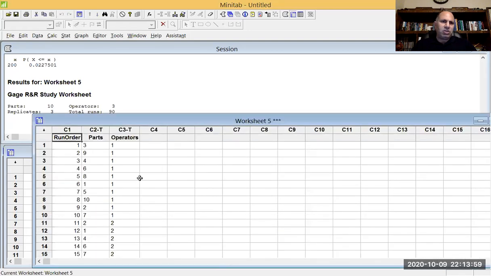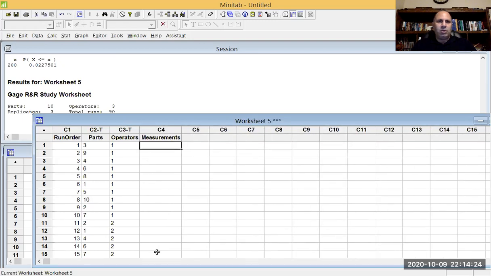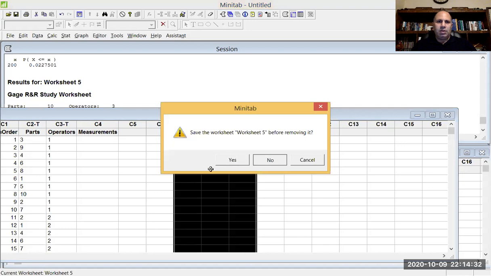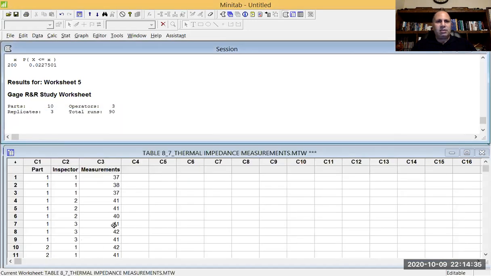Now, this is the worksheet. Simply we have the run orders here, we have the parts, we have the operators. So we have the randomized parts here, and giving these randomized parts to operators, you can have the measurement study, and you can simply write measurements here and fill this form to do the analysis. Now assume that we completed the study, we filled the data set, we have the worksheet full of data, and